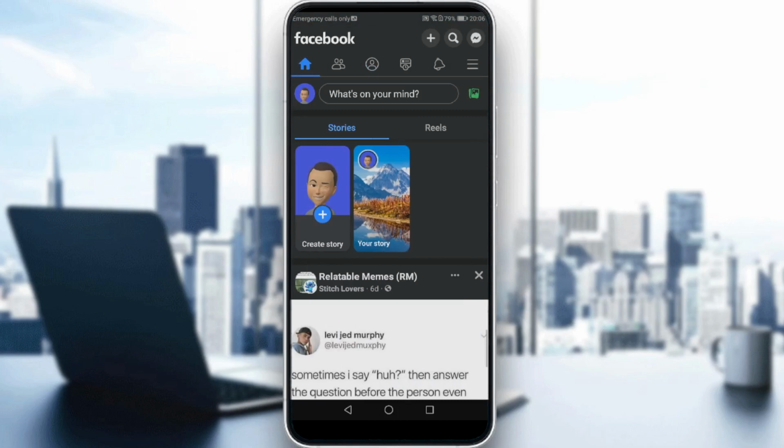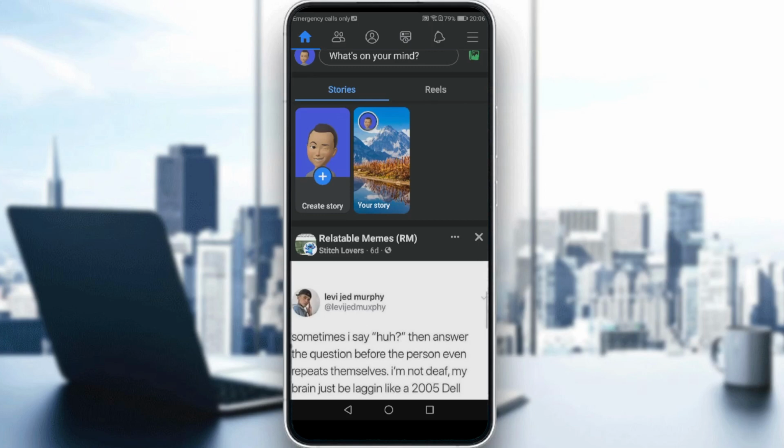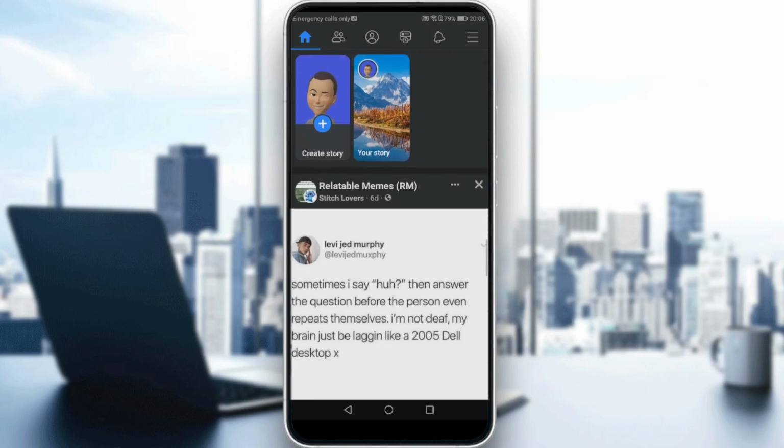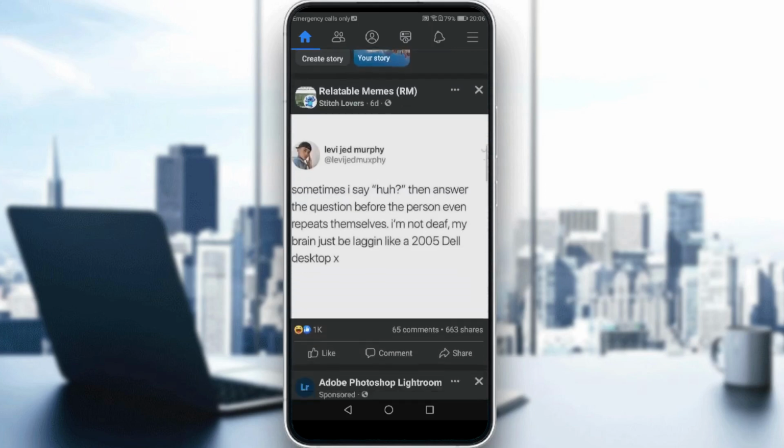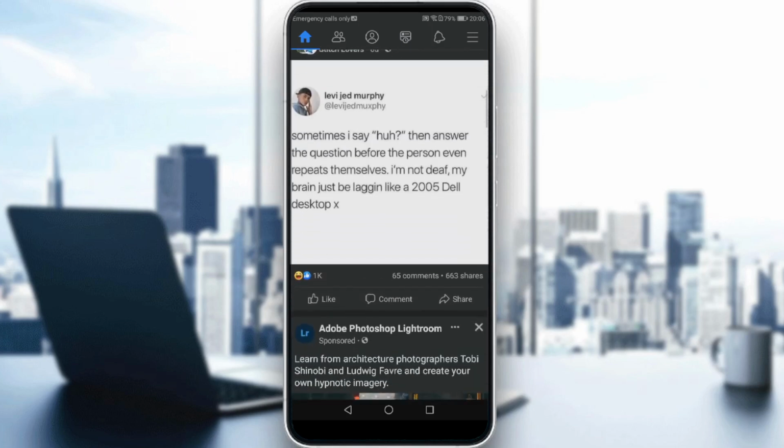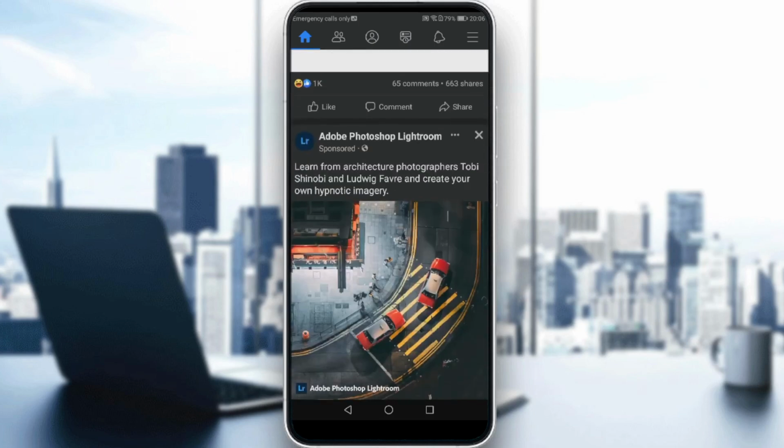So anyway, if I want to verify my business account, after first opening your Facebook application, you'll find yourself here, which is your home or main screen on Facebook. Here you'll find the posts of your friends, the posts of the pages or groups that you follow, maybe even posts you're interested in, and some sponsored ads. So if you want to verify your account on Facebook, all you need to do